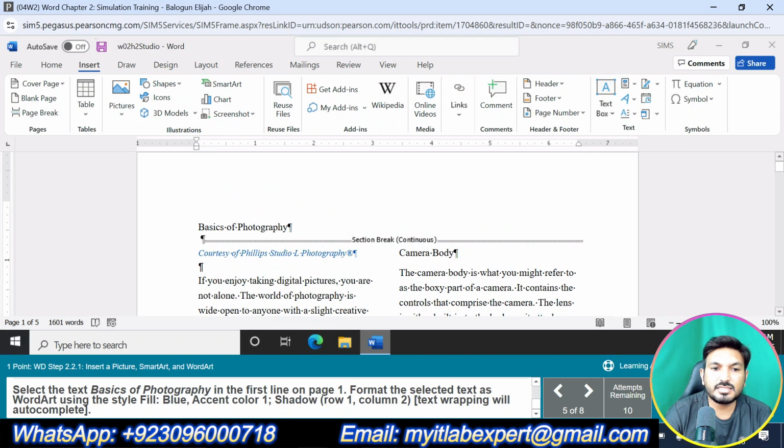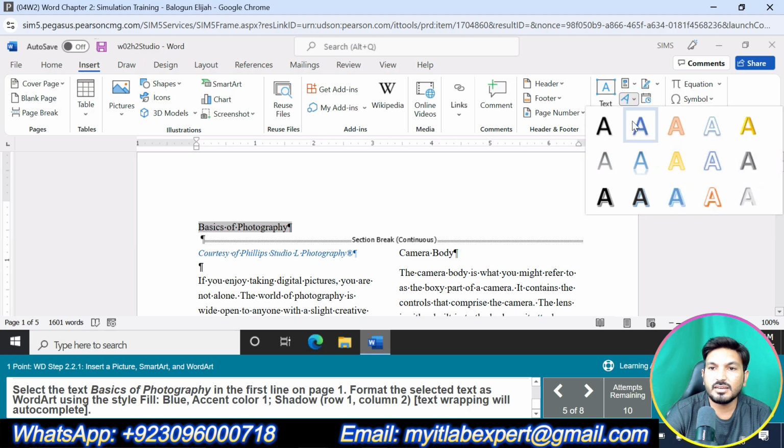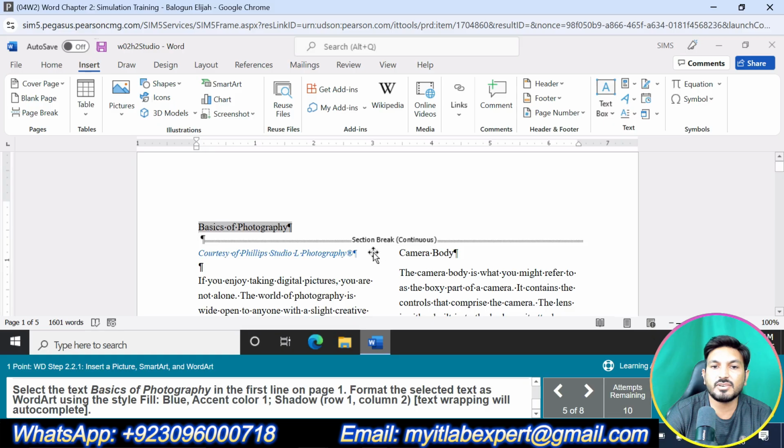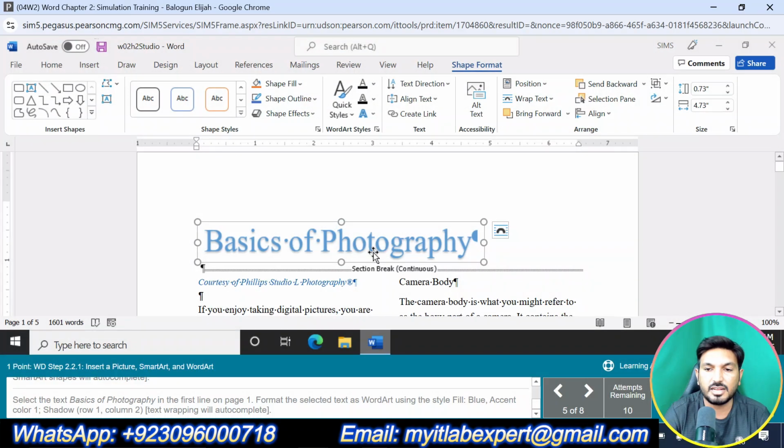Okay, select the text Basic of Photography in the first line on page 1. This one, we are supposed to select this one. Format the selected text as WordArt using the Fill Blue Accent Color 1 Shadow. Go to WordArt and select this Fill Blue Accent Color 1 Shadow, this one. And we are done with question number 5 as well.